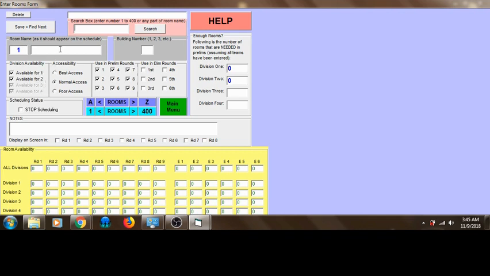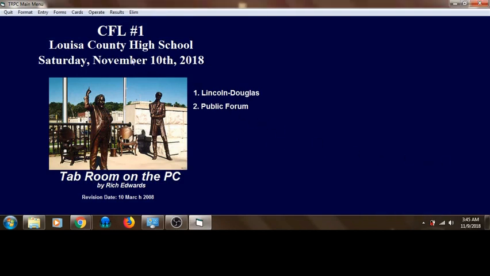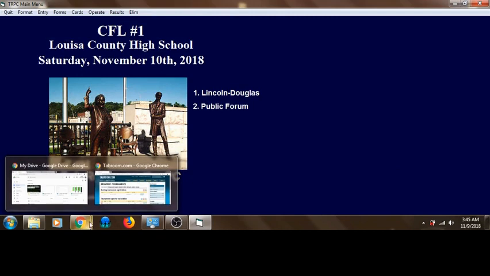So tell you what I'm going to do is we could put in some rooms right now, but actually, while I think about it, it might be better to go ahead and import the data because then it'll show you how many rooms you actually need, which is kind of handy. So we'll go ahead and skip forward by clicking back to main menu. Let me close this because I know you can see this. And we're going to go ahead and open up